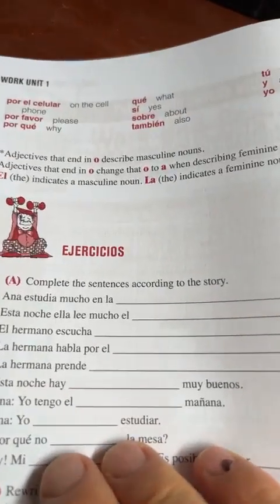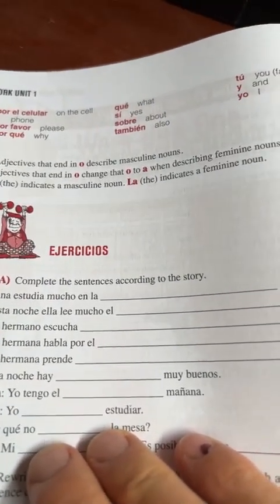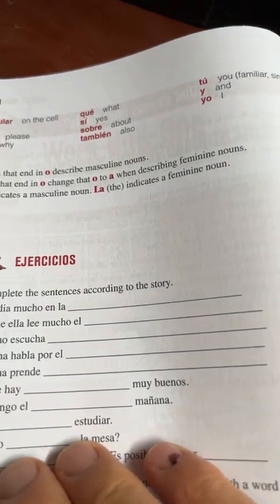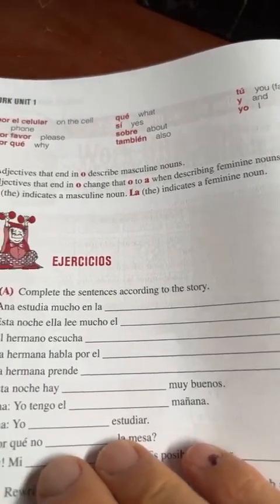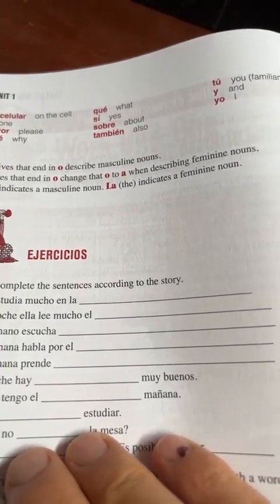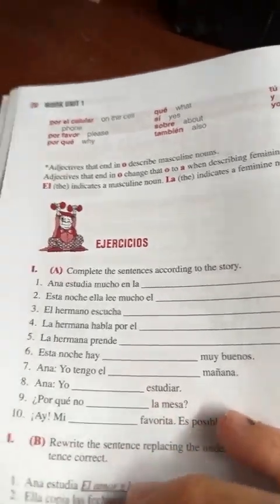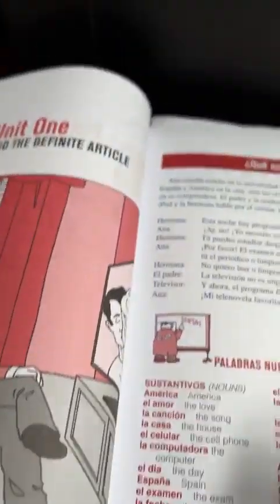Adjectives that end in O describe masculine nouns. Adjectives that end in O change that O to A when describing feminine nouns. El indicates a masculine noun. La indicates a feminine noun. Very simple in Spanish. So, ¿qué es